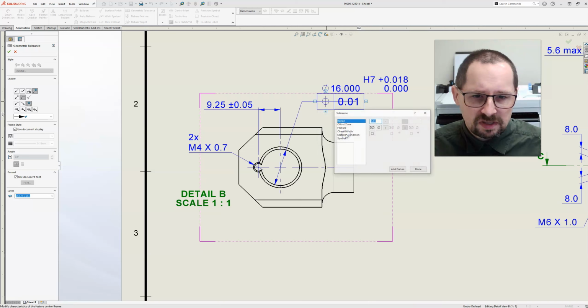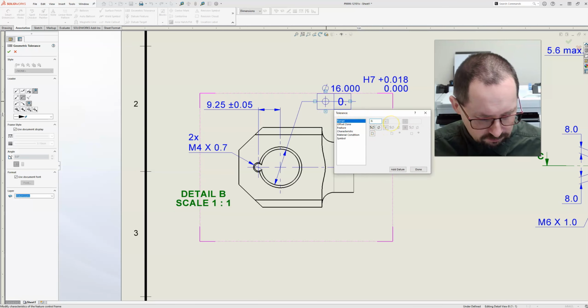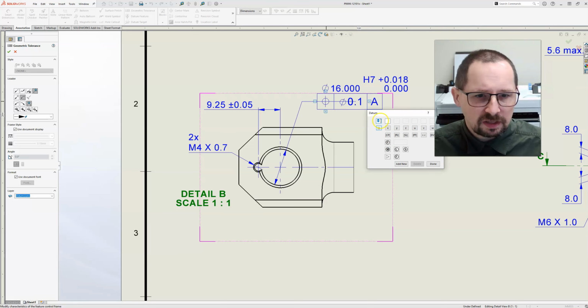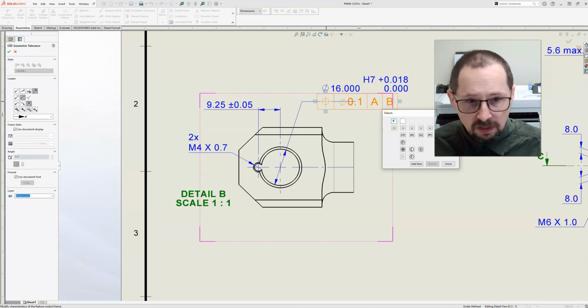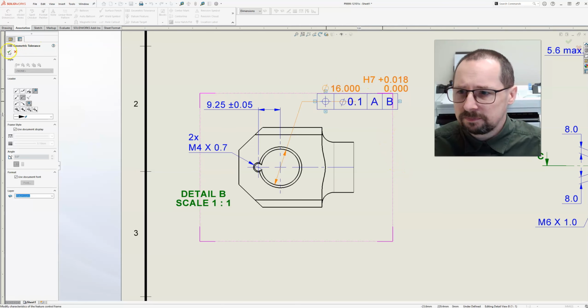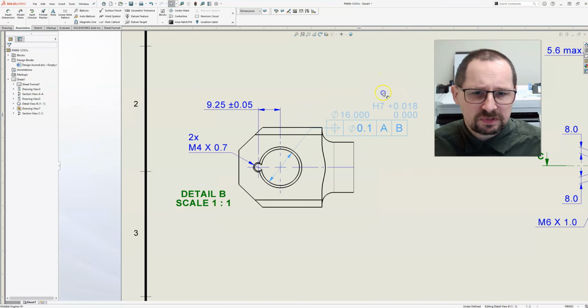So this is going to be a positioning tolerance. I have a tolerance of 0.1, and it's a circular tolerance zone. Datum A, I want 2 datums on this, so we'll add another datum. B, and we'll click done. So not much different to creating a geometric tolerance normally, but now